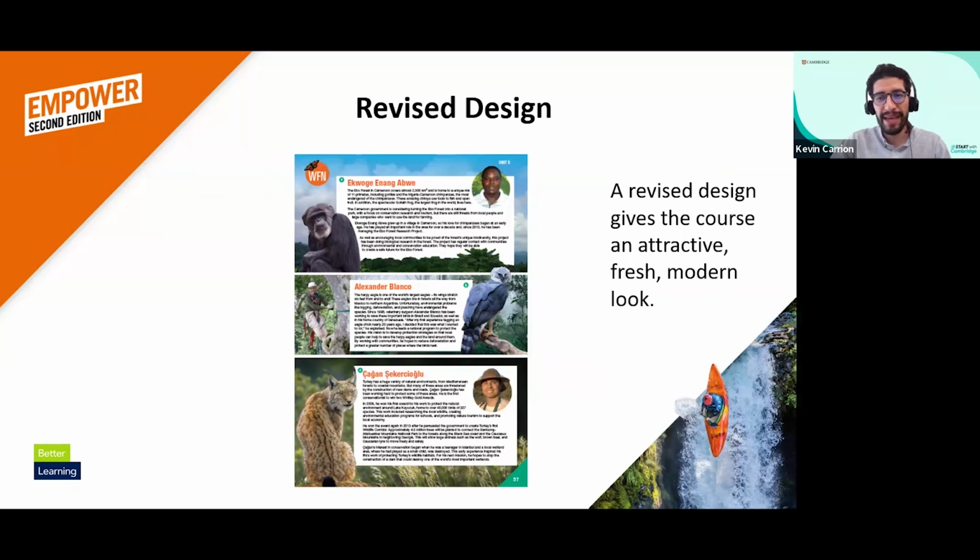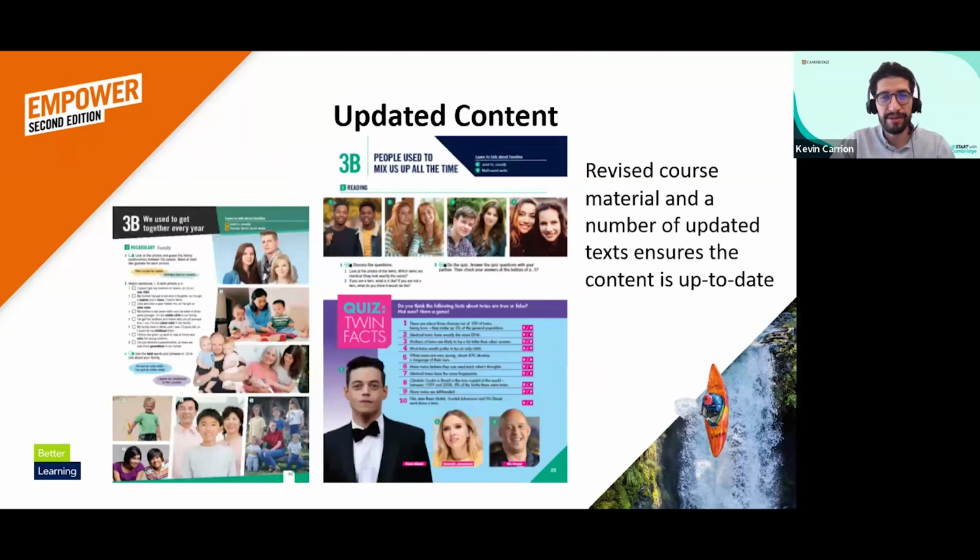Not only has the design been renewed, but the content has also been updated. The tasks, some texts, and some audios have been modified to suit our students' current interests.